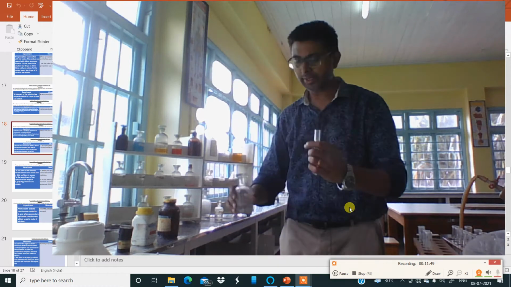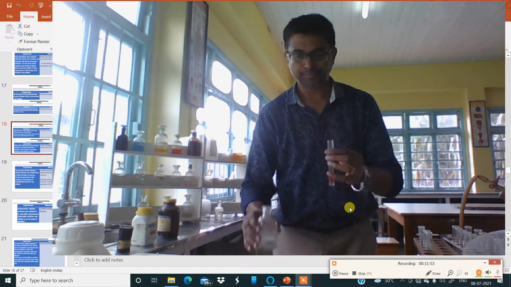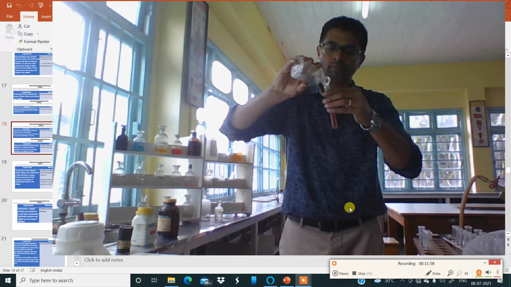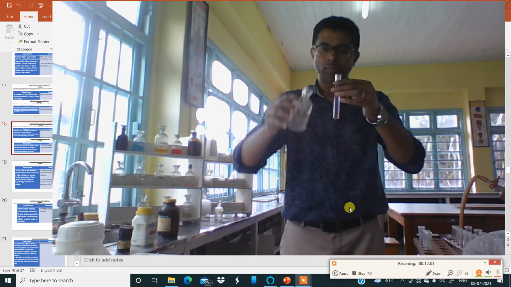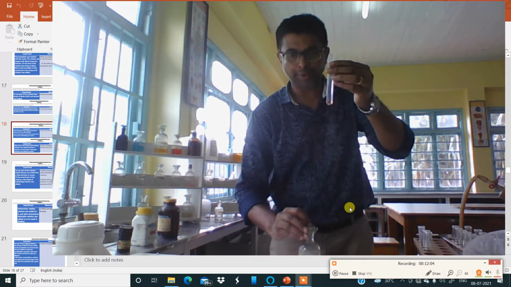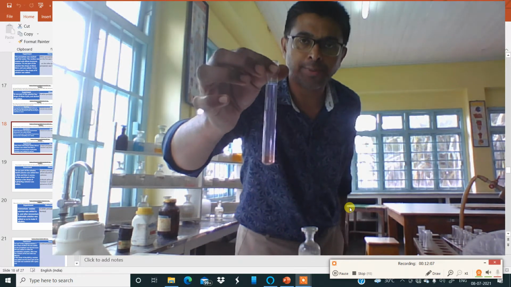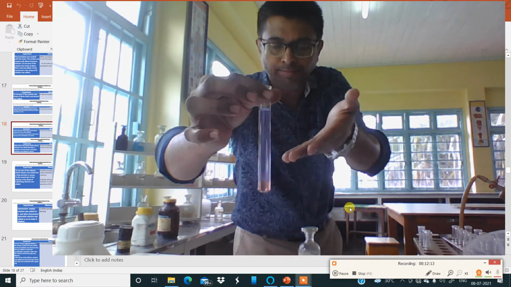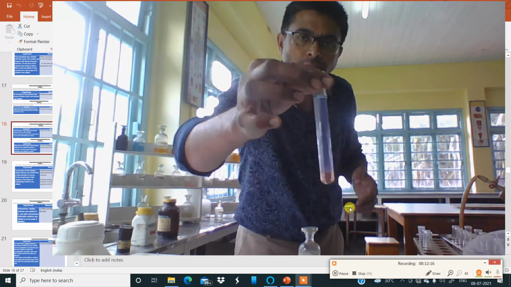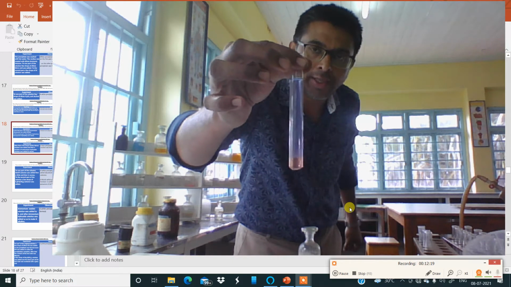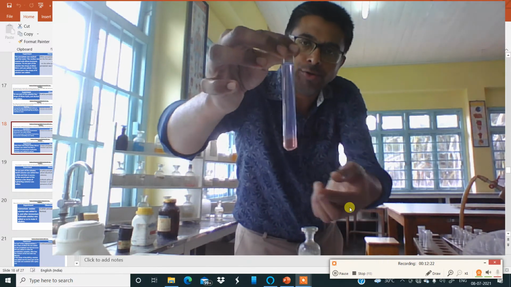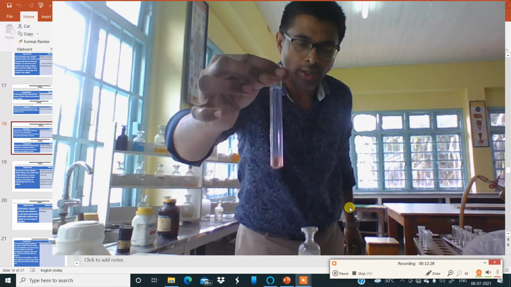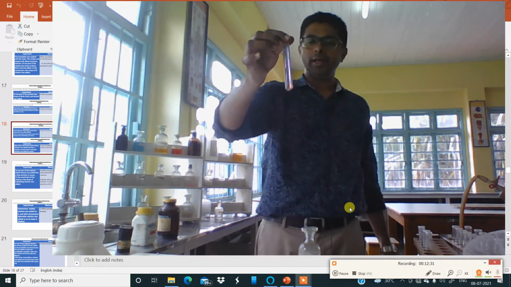Excess of ammonium hydroxide. Let us see. So I will get a blue precipitate suspended. Slowly the precipitate will form, it will suspend, it will move upward to confirm the presence of aluminum ion. So this is a blue precipitate which has been suspended, and the solution underneath slowly becomes clearer and clearer upon standing. So this confirms the presence of aluminum ion in the sample.